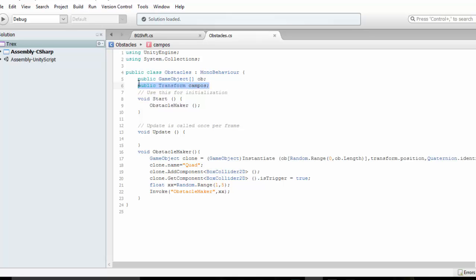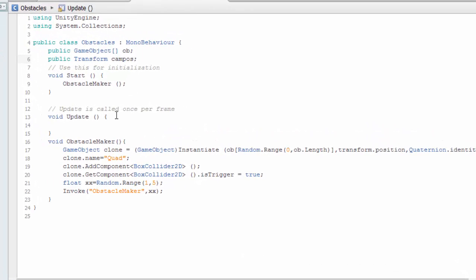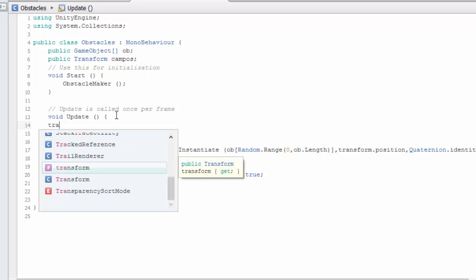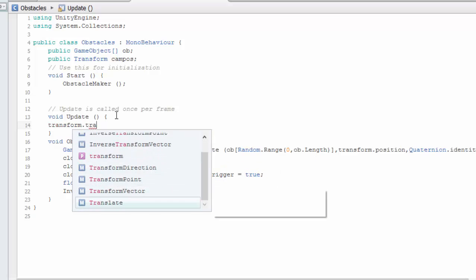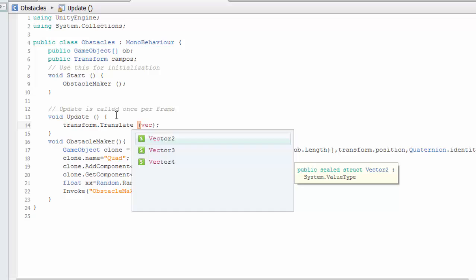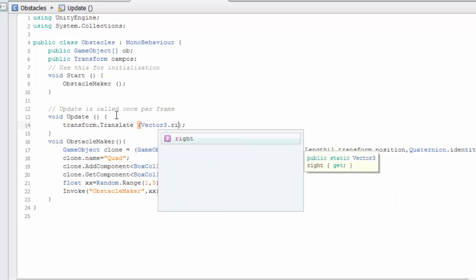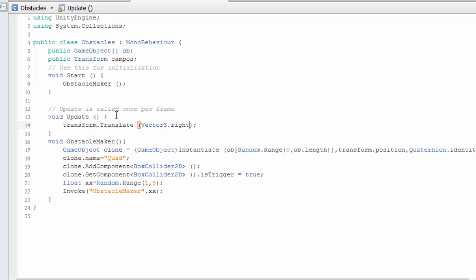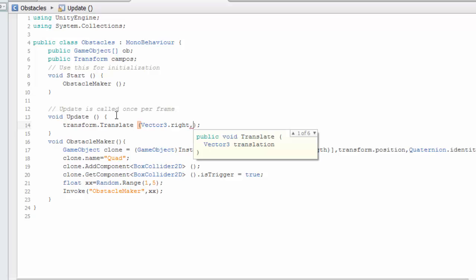So we are taking the reference of camera position as public transform camera, and we can write them in an update function. Before that, we need to destroy the quads which are not used. So we can just first write the transform thing. Transform.Translate. If you remember in the second tutorial, I made a player prefab for the speed of T-Rex and the camera. I'm using the same thing here, so it must be equal to the camera, comma, which is Vector3.right